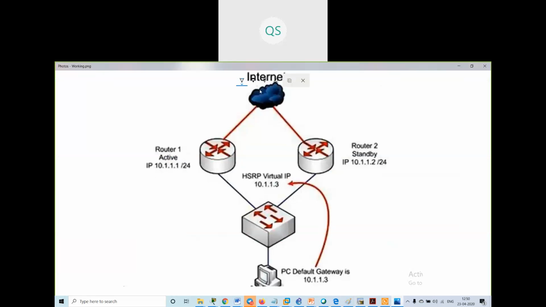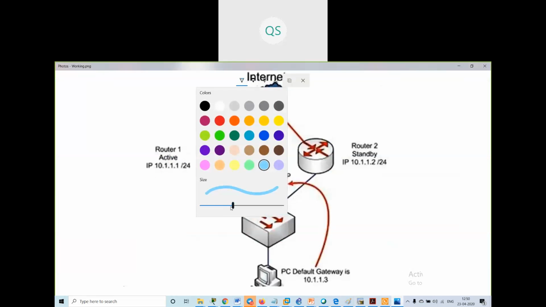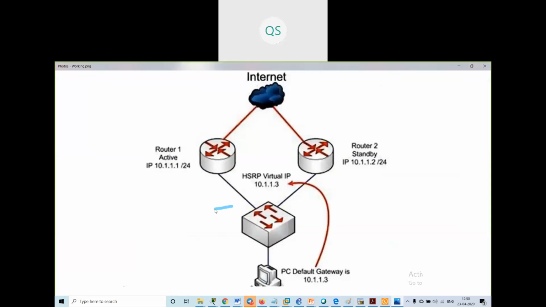Whenever it tracks the interface and this interface goes down, we configure that this router will decrement the priority value by 30. What is the priority value we have configured? We have configured the priority value as 120. So 120 minus 30 will be 90.